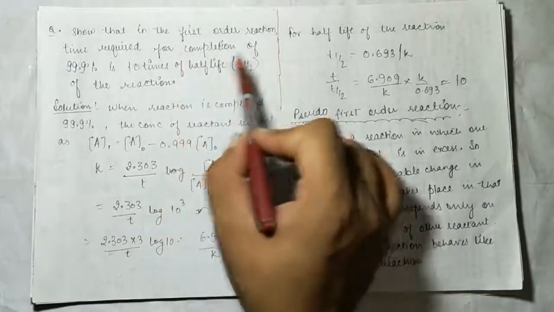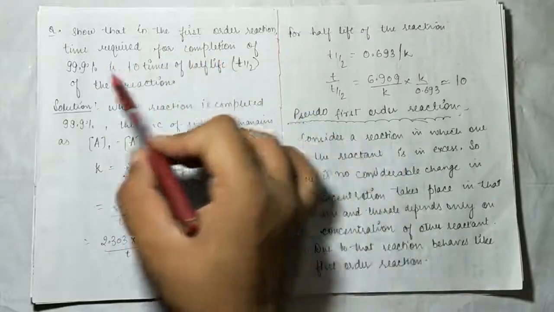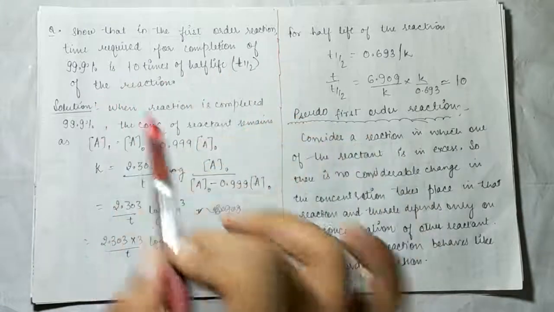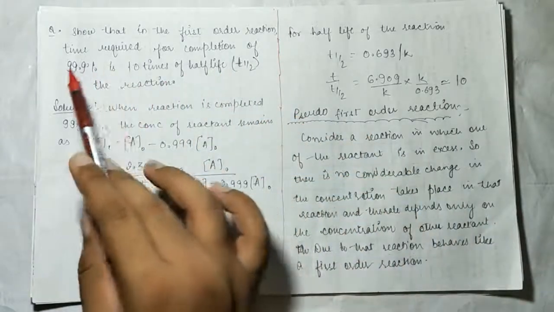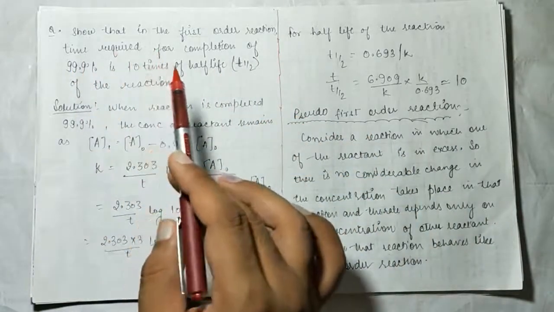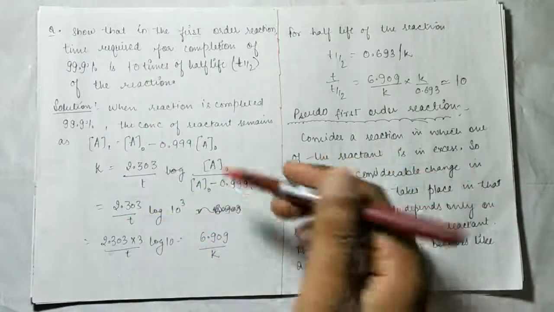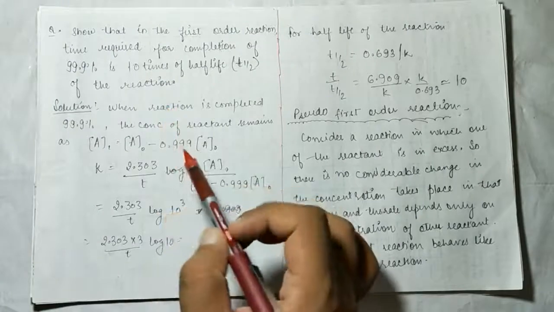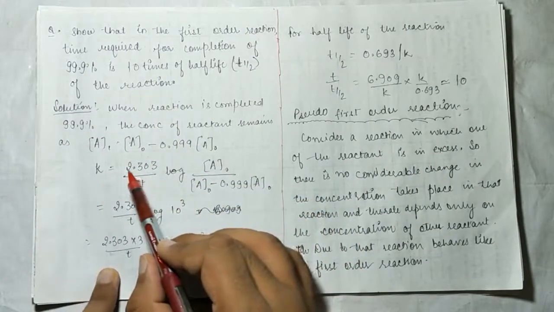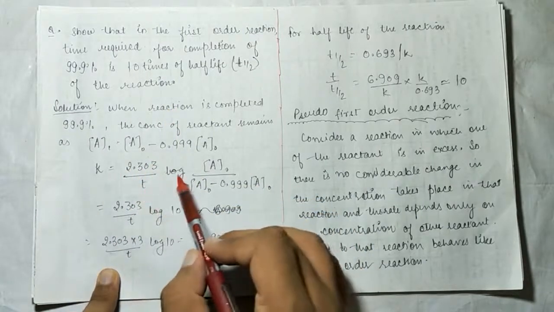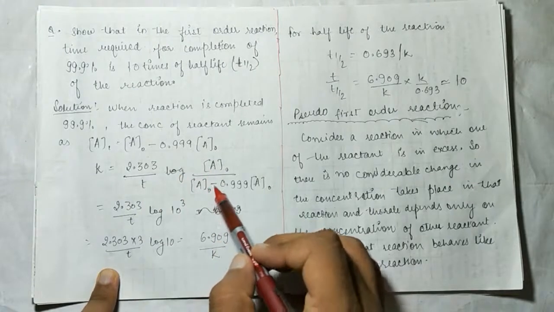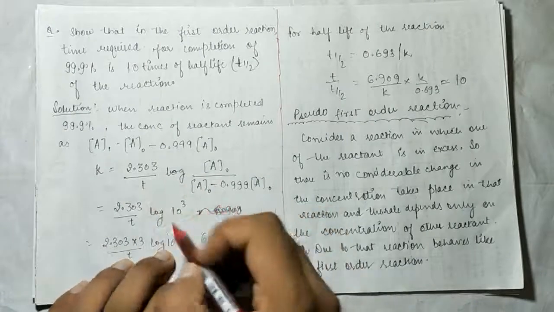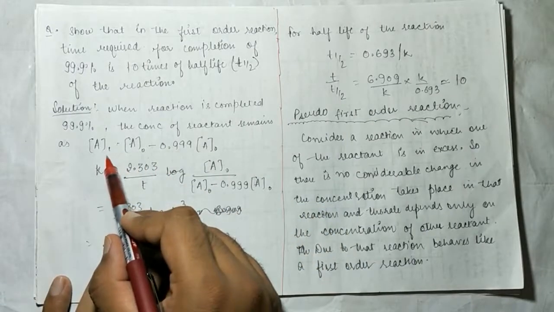Show that in the first order reaction, the time required for the completion of 99.9% is 10 times the half life of the reaction. That means 99.9% of the reaction has been completed. Okay, and let's see how to put these in the rate equation. This is k equal to 2.303 by t log A naught upon A. Log A naught upon A is the rate equation, and the value of A will be